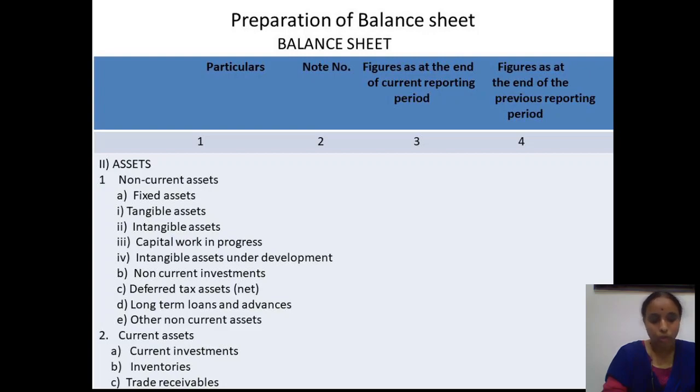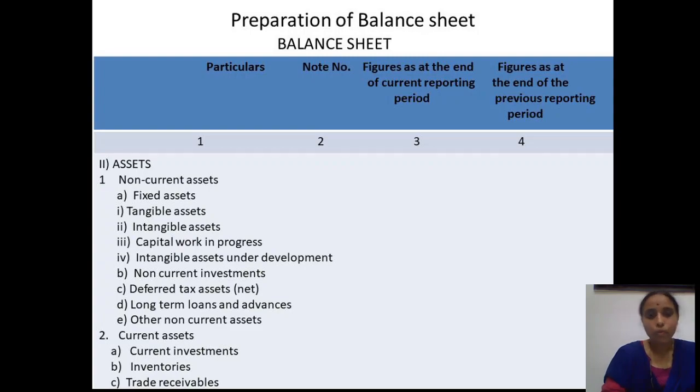So the total of these assets and the total of the equity and liabilities should be equal or tallied. This you have studied in detail in the second module, that is the final accounts of the company. So the same format, that is the vertical format. This is a format for amalgamation and merger. In this format only you are going to prepare the amalgamated balance sheet. So this is what you have studied in this session.